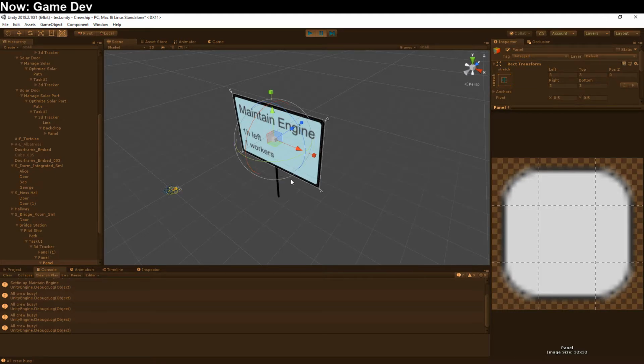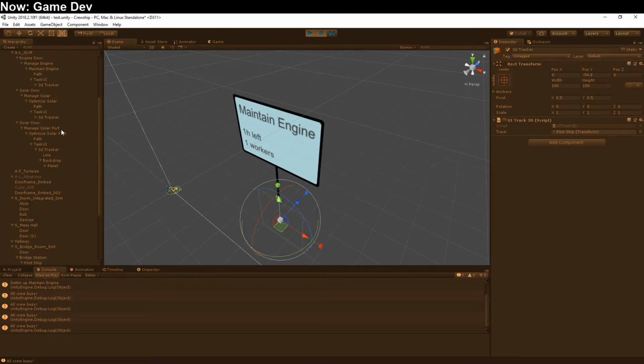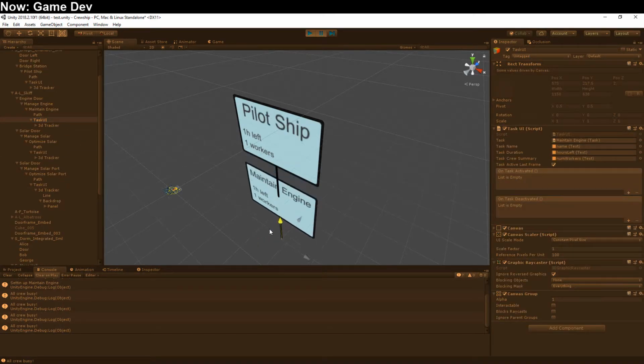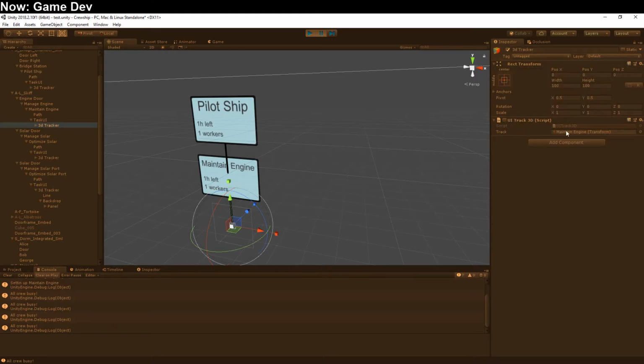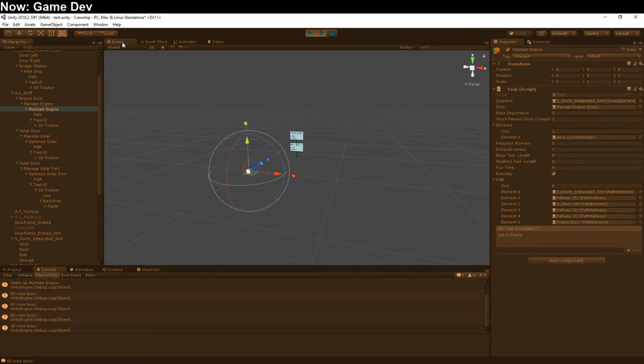Okay, so here's the maintain engine. One of these is maintain engine. Is this the right one? No. Is this the right one? No. Is this the right one? There it is. So they're just on top of each other, and that's the problem. They're not properly tracking their parent. And why is that? Well, if we take a look at the 3D tracker, this one is supposed to be using the maintain engine. It's tracking the correct place. But maintain engine is in...